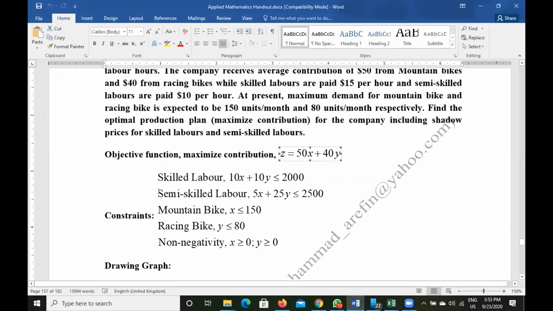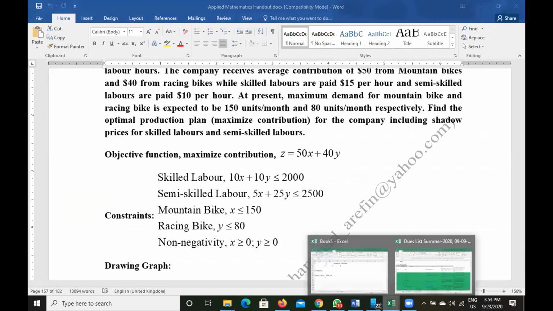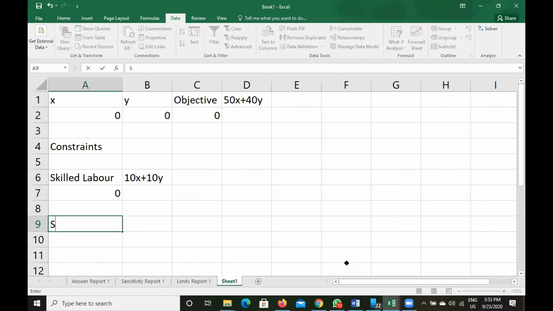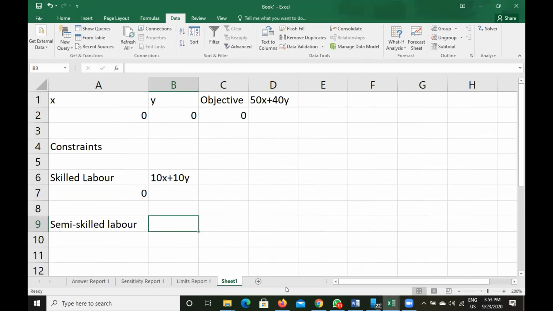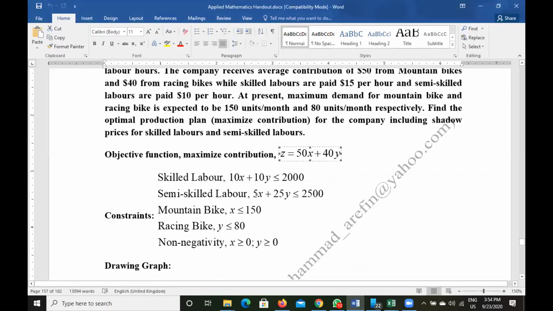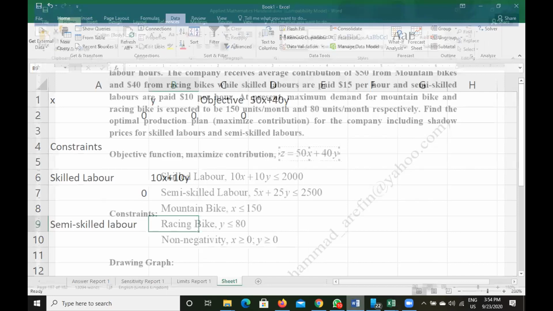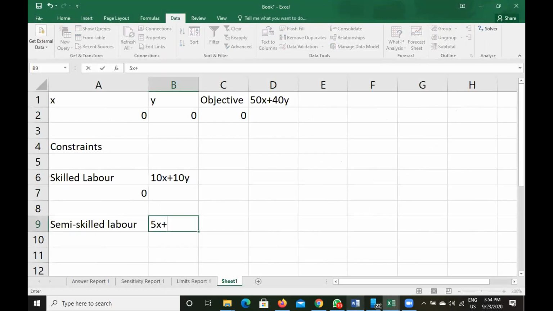Now we will write the next constraint. So the next constraint is semi-skilled labor. Before I write the formula, let me write the constraint. Semi-skilled labor is 5x plus 25y.